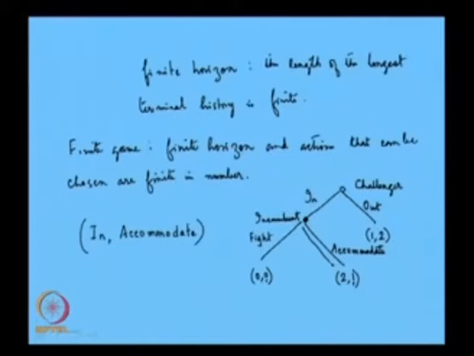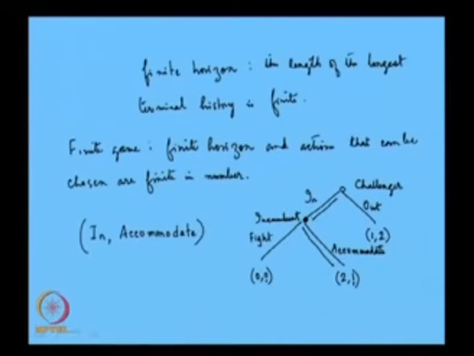Then for the challenger, the choice is really between 2 and 1, because if he gets in, the incumbent will accommodate, which means that the challenger by taking the action in will get 2, whereas if the challenger stays out, he is getting 1. So, again by going by the theory of rational choice, 2 is greater than 1, therefore, the challenger is going to get in, and if he gets in, the incumbent chooses accommodate. So, that is why I am saying that in-accommodate seems to be the solution of the game, and